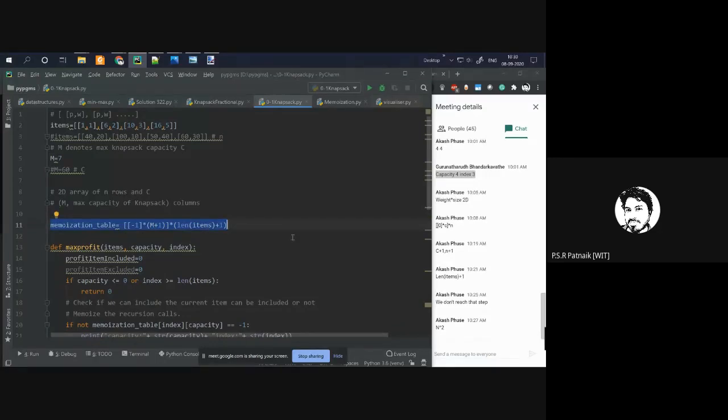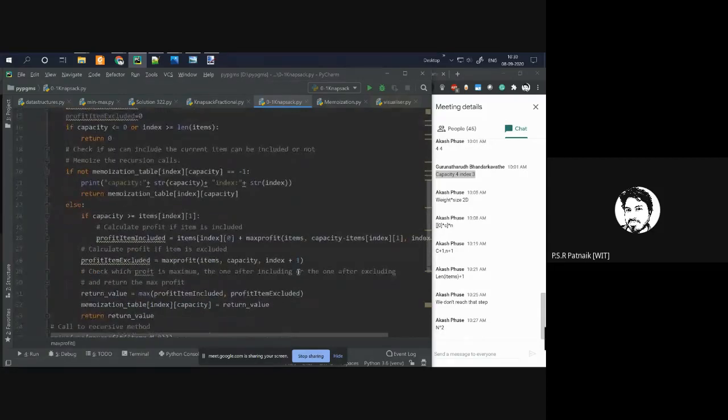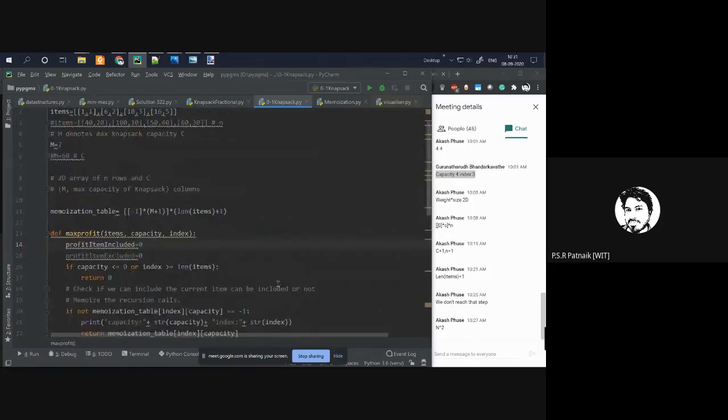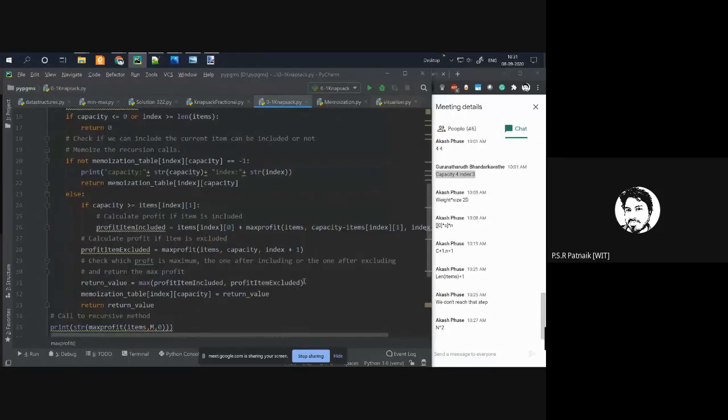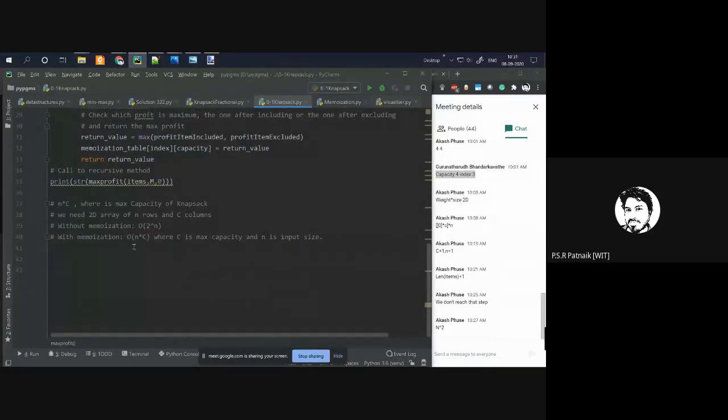We will learn that concept in tomorrow's lecture. It's slightly better than this version, because it does the same computation without recursion. So you always save the time spent in maintaining the recursion stack, call stack, and returning from recursion. All that is avoided, and that's called the bottom-up approach.